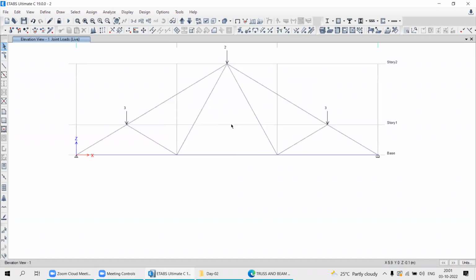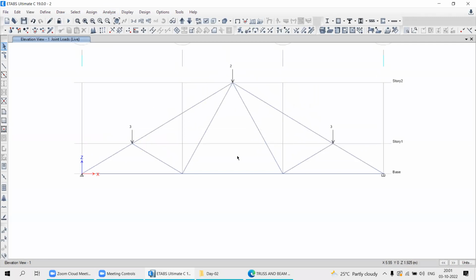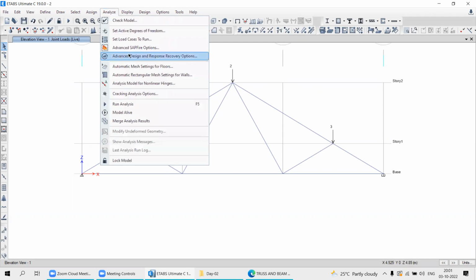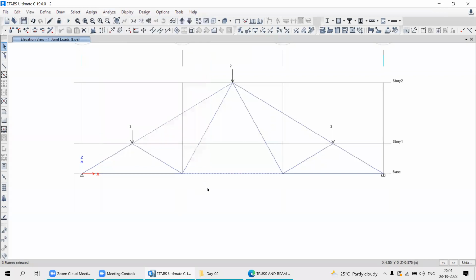So after the assignment of the load and checking of your model, we have to proceed for the analysis. So go to Analyze. Analysis means what, for all the beginners? Whatever load you have assigned to the structure externally, our intention is to transfer that load to the elements of the structure, the elements of your model. So this 2 kilonewton load is going to be transferred to all these members. This 3 kilonewton load will all transfer into all the members,